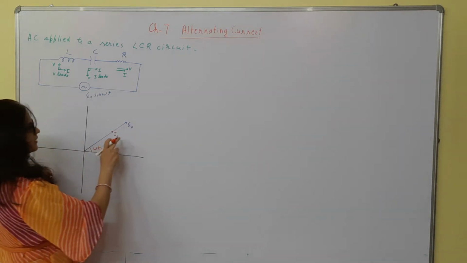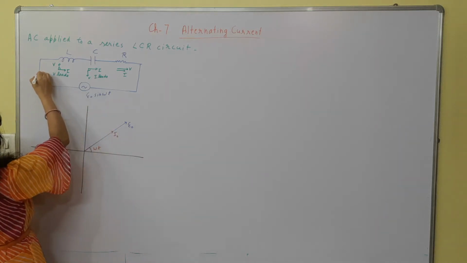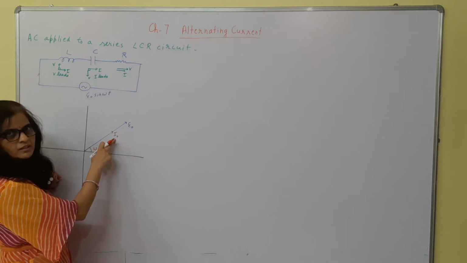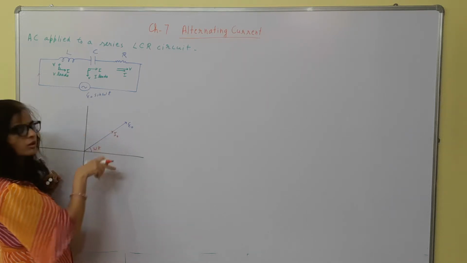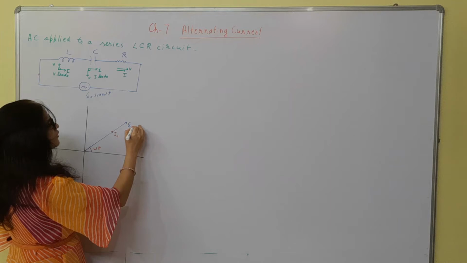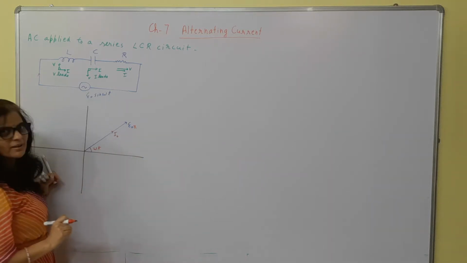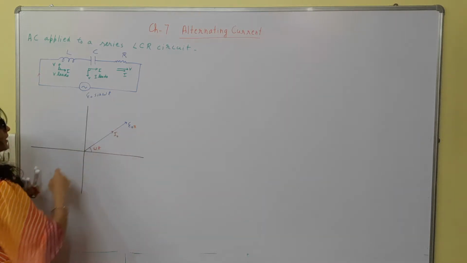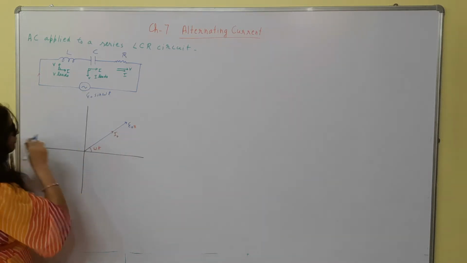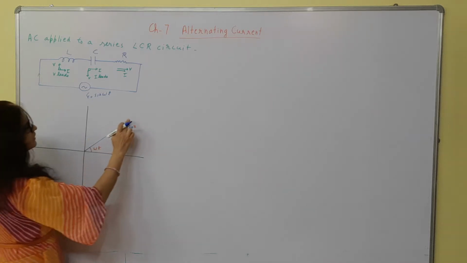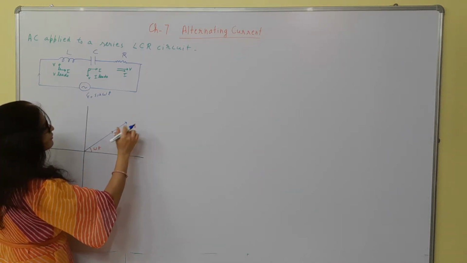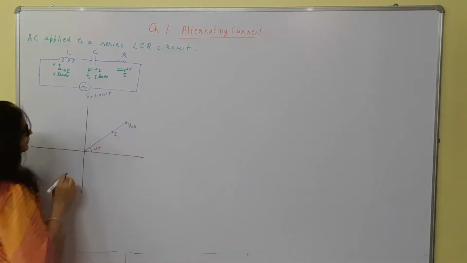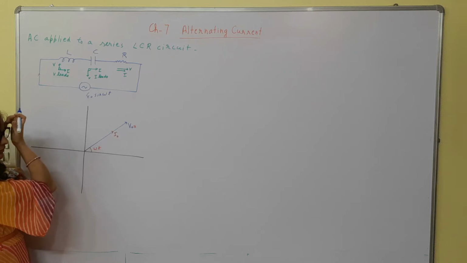And since I am writing this current for all, the current will be the same everywhere in all the components. So this will be taken as a common parameter of current for all the three devices. But voltage across resistor, I'll mention it by E naught R. These are the suffixes, okay? And similarly, let's mark this by, right. And in case of an inductor,